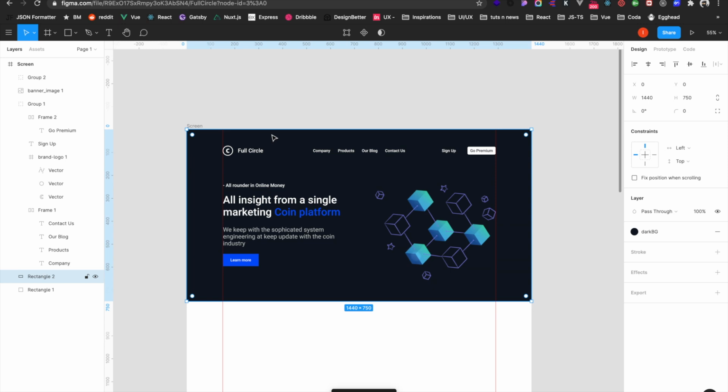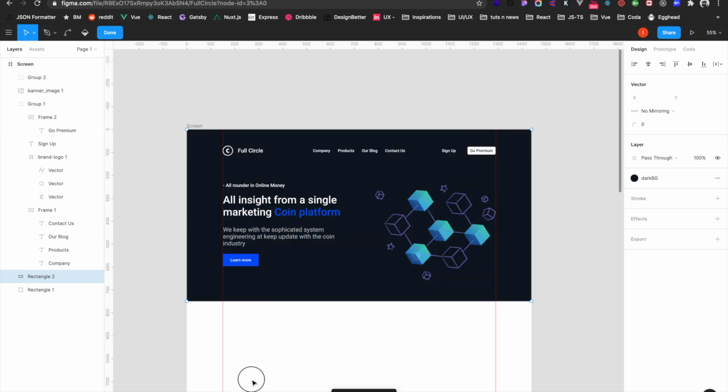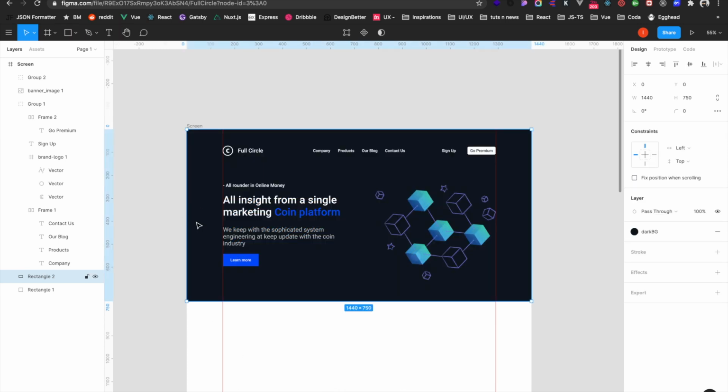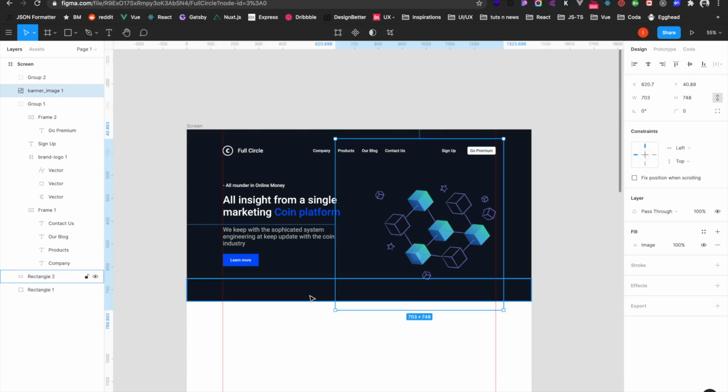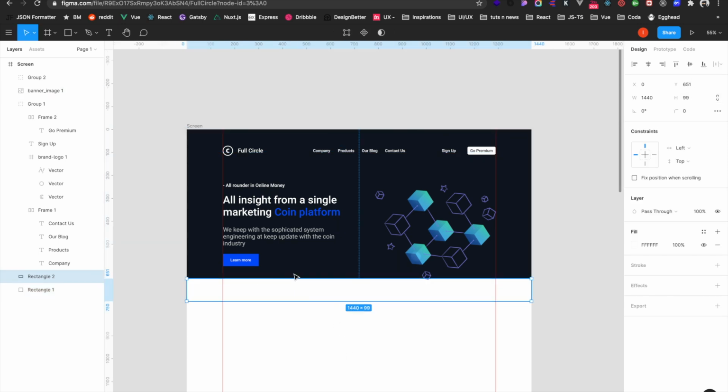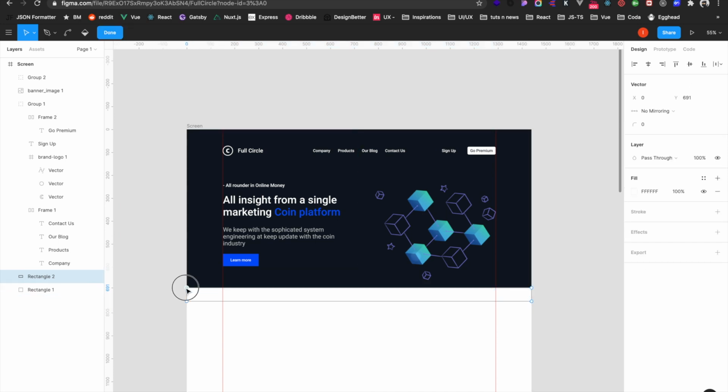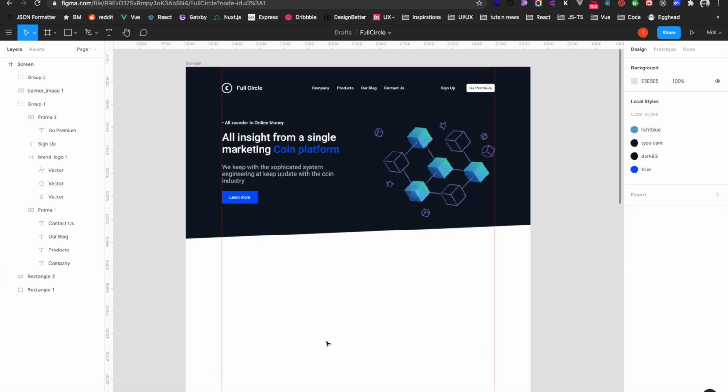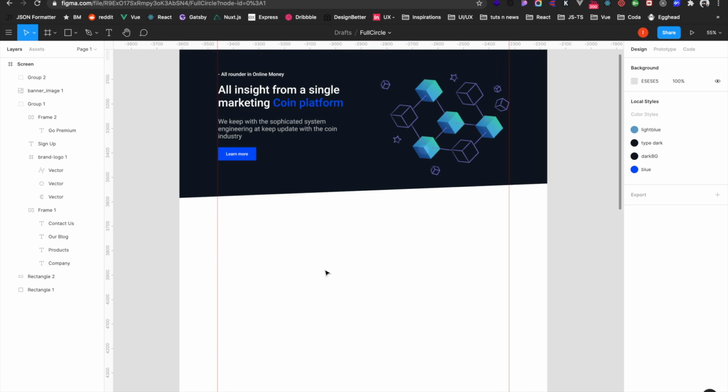Let's copy the banner and give it a height of around 99. Put it at the bottom, and I will shrink it a little bit, give it an abstract shape, and then we can add some